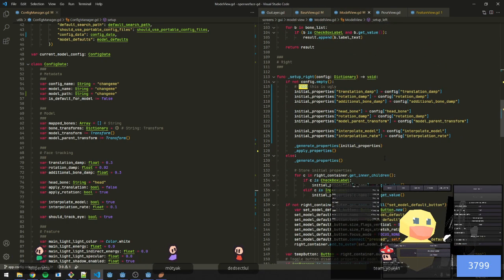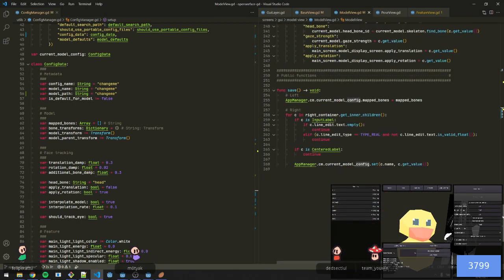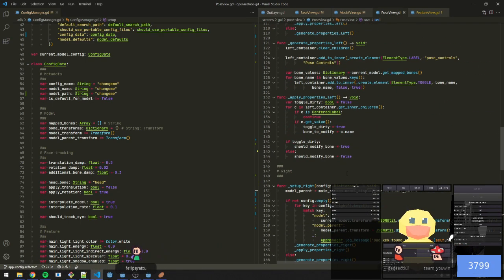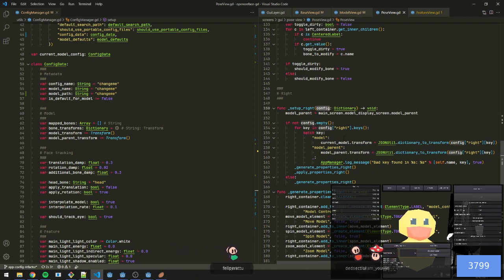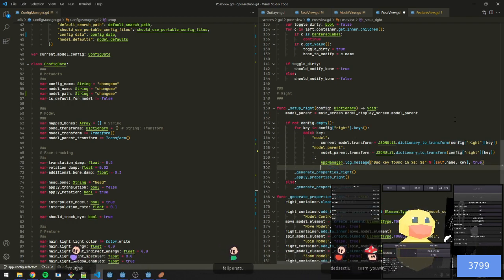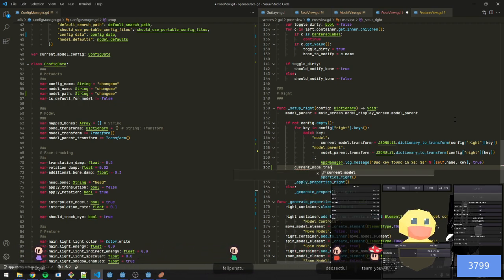Alright, so I think this is good. Do we use config anywhere else? Nope. Now it's just down here. Current model config, pose view. We need to do stuff there as well. Okay. So let's just pull this out directly, since there's only two things that we need from the config, right? We'll do current model transform is equal to